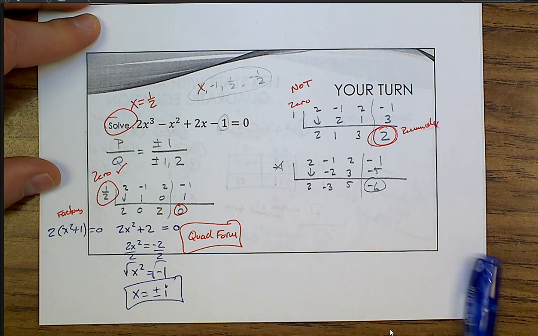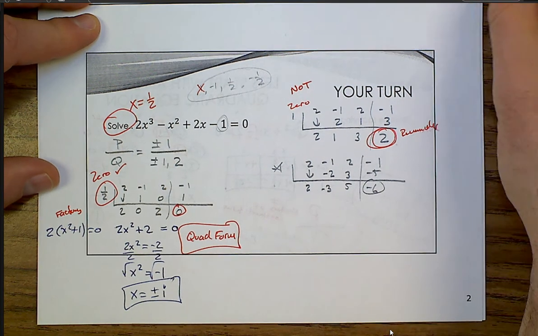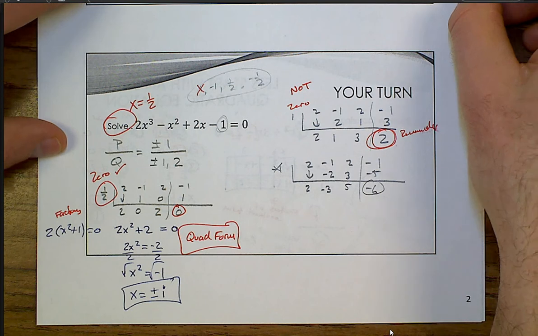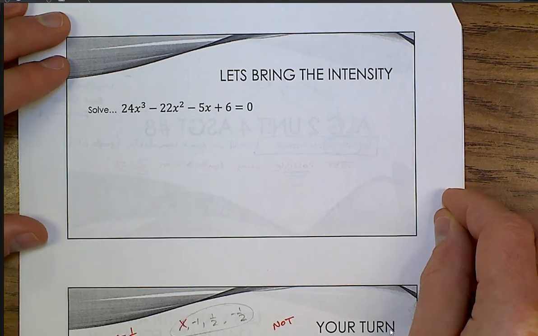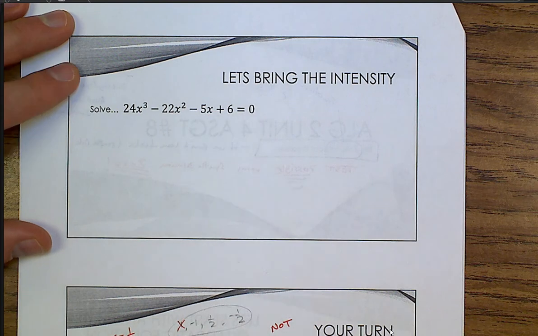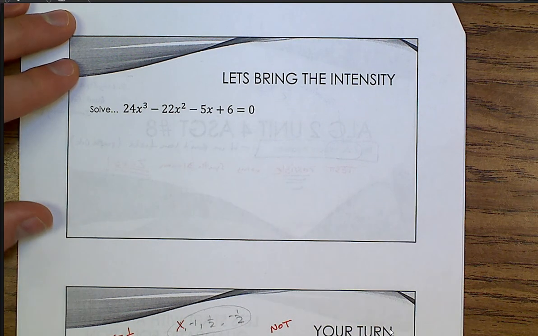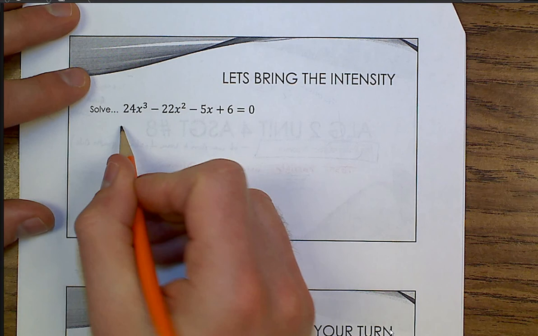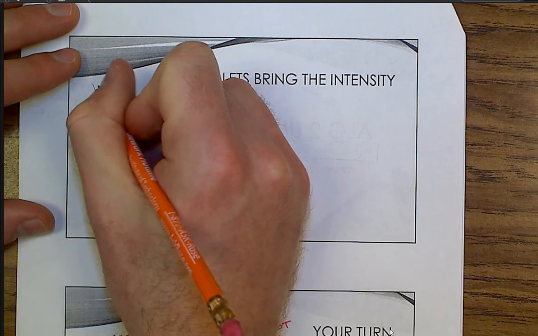I'm going to go ahead and just continue to skip that top slide just because it's a little nasty. I'm not going to solve it, but I am going to do this with you. Let's just talk about what our possible zeros would be for this solution. If I asked you not to solve and I just said list the possible